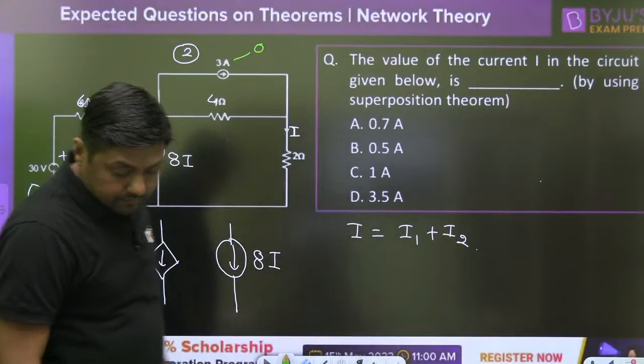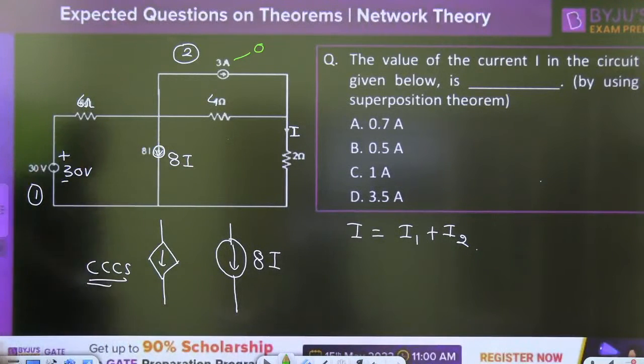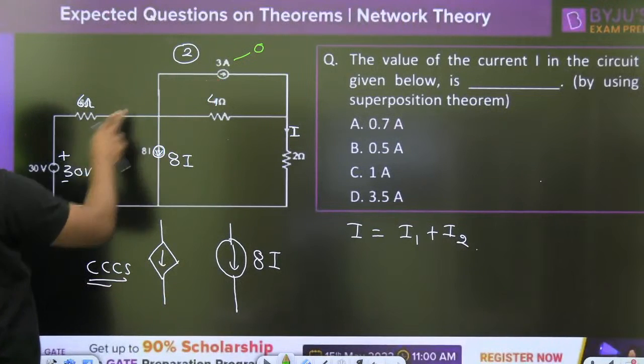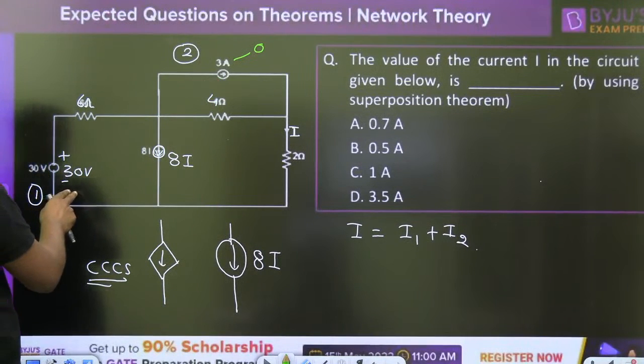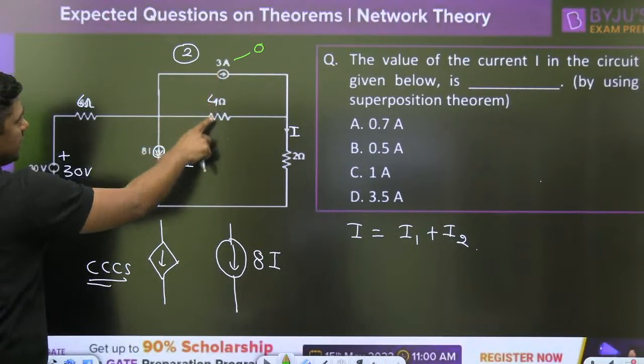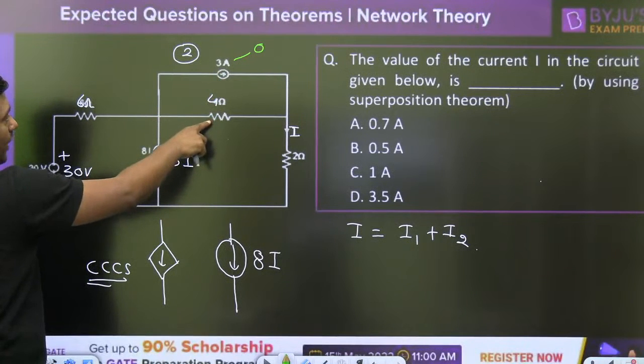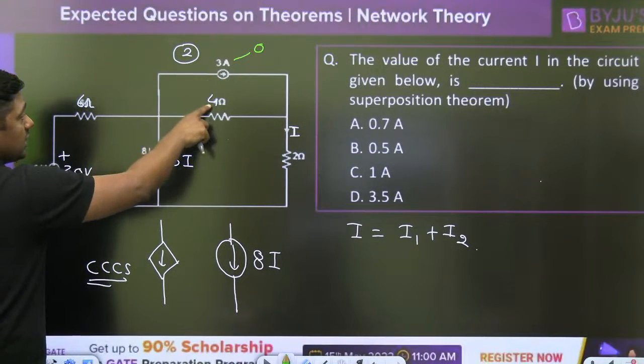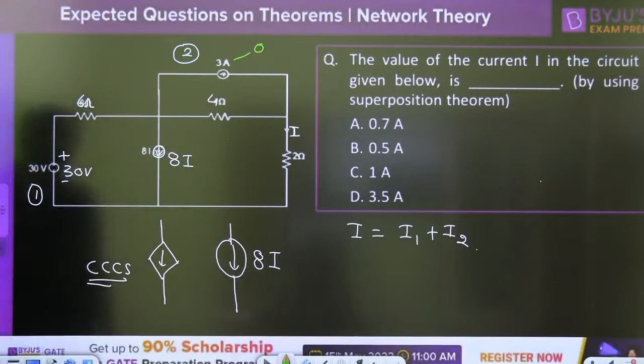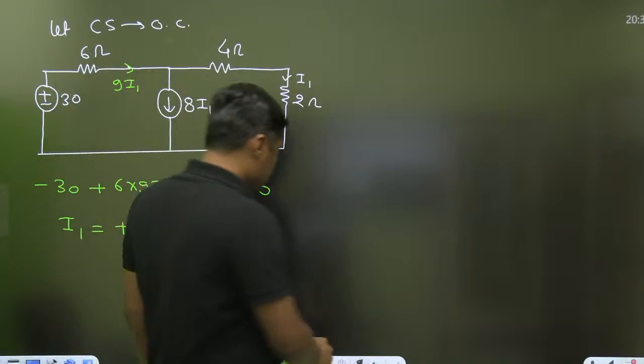Okay, Aditya? Now, in the second case, when I am considering the 3 ampere current source, you have to make the 30 volt 0. You can convert the 3 ampere into 4, 3 into 4 is what? 12. You can convert this current source into a voltage source. What will be the diagram? Second case,